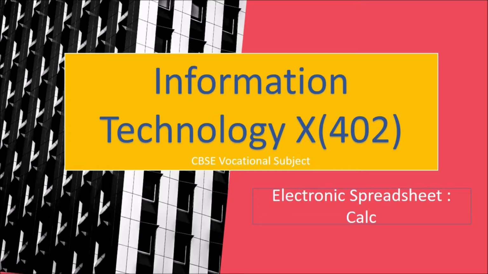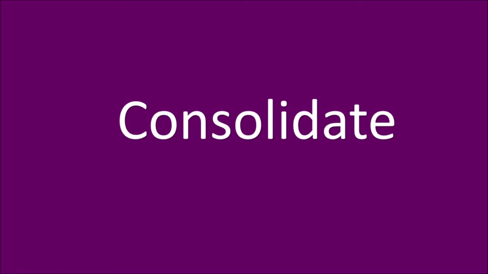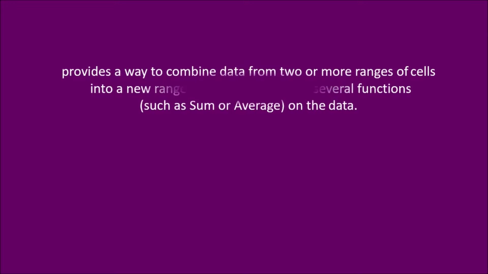Yes, so the first option is the consolidate option. Consolidate option is used to consolidate data from multiple ranges. These ranges may belong to a single sheet or they may belong to multiple sheets. So when we perform the consolidate option, we can perform any type of mathematical analysis on the data. We can sum the multiple ranges or we can find out the average, maximum, minimum. So the functions available with the spreadsheets can be used on that range. Let's see how to execute this option.